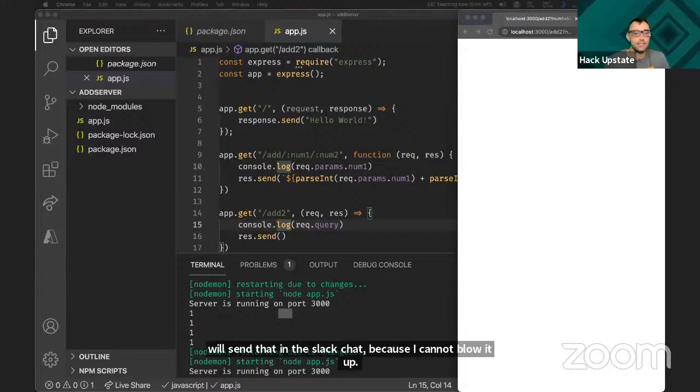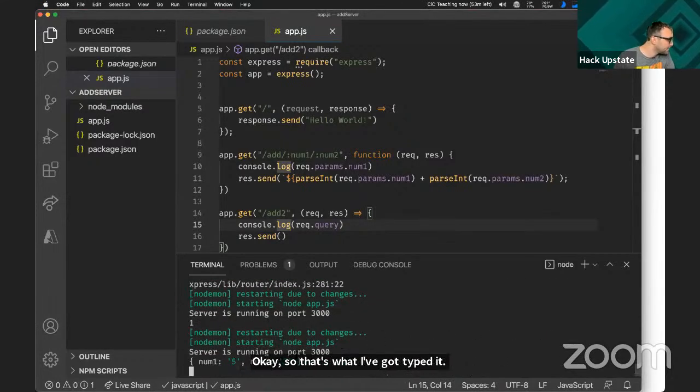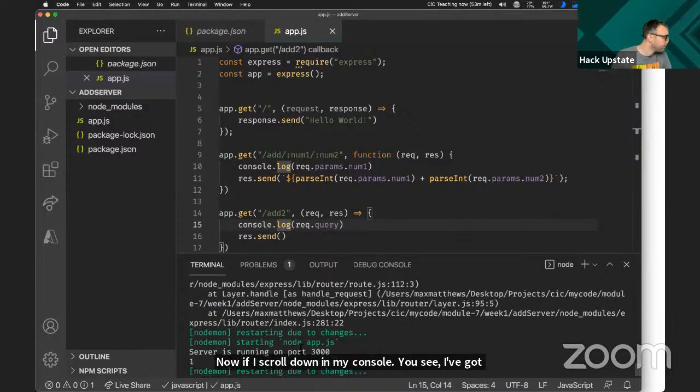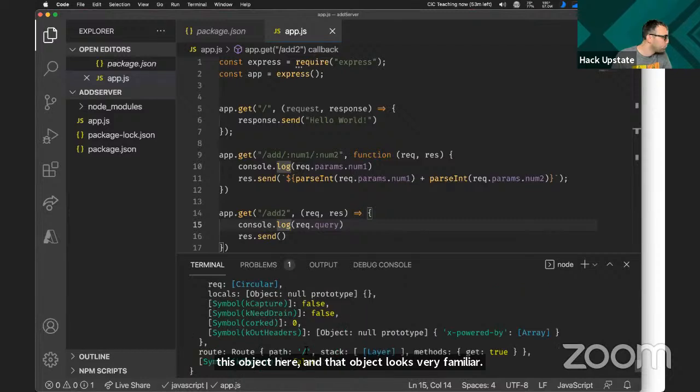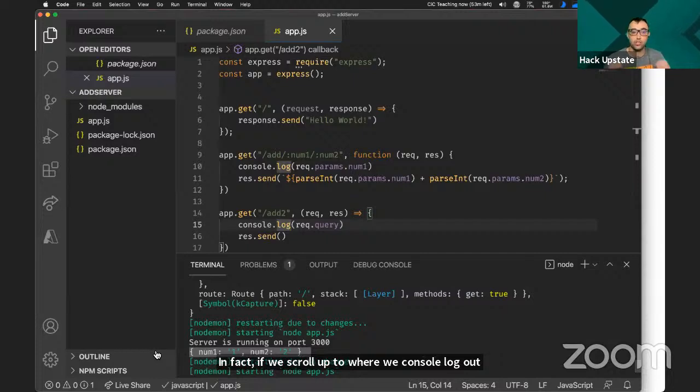Okay, so that's what I've got typed in. Now, if I scroll down in my console, you see I've got this object here. And that object looks very familiar. In fact, if we scroll up to where we console logged out our req.params, it comes in the same way. It's just an object, and we have access to that object like we would any other object.